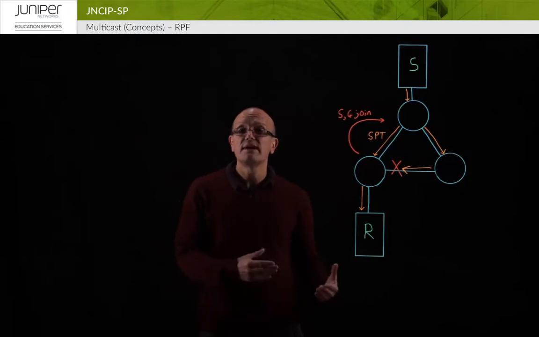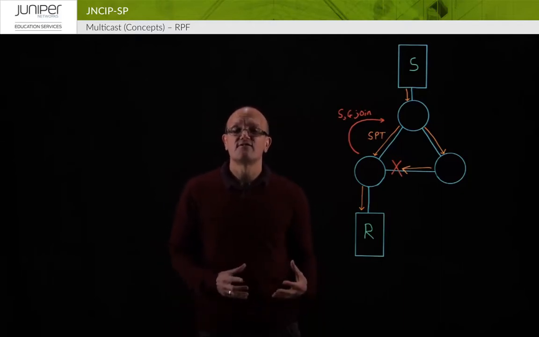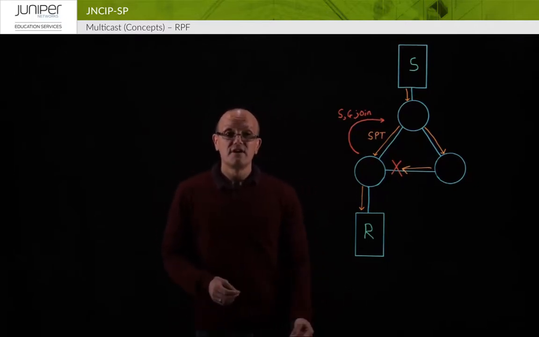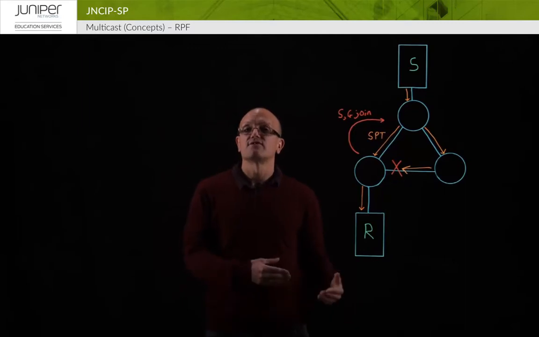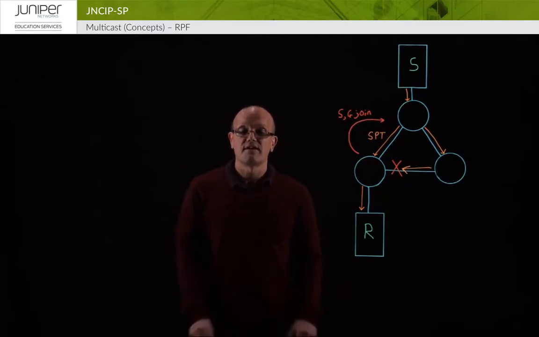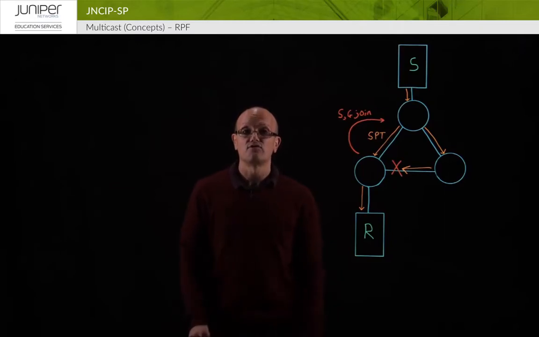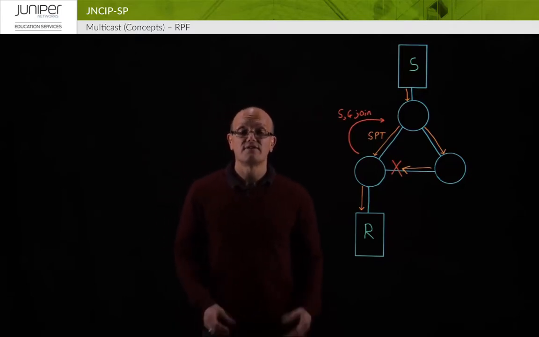If we were using BGP to do this, there is a dedicated address family that we would use to populate inet.2. So we would then have a different routing topology in inet.2 that we would use for RPF checks compared to the inet.0 table that would purely be used for unicast forwarding. And in this video, we covered RPF, that's reverse path forwarding,